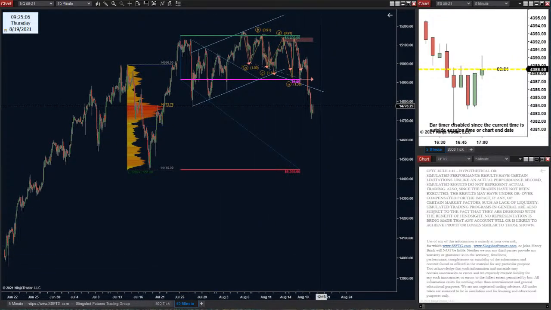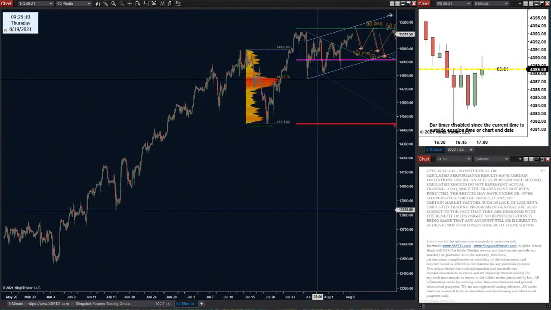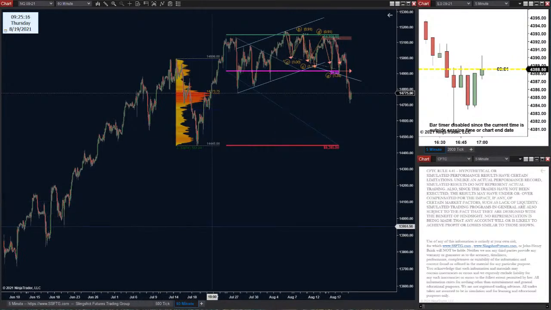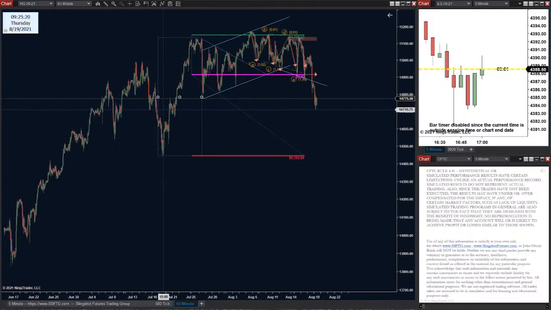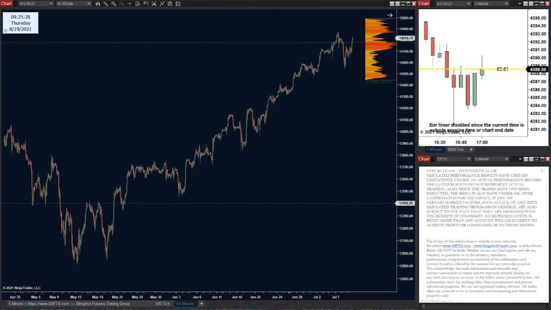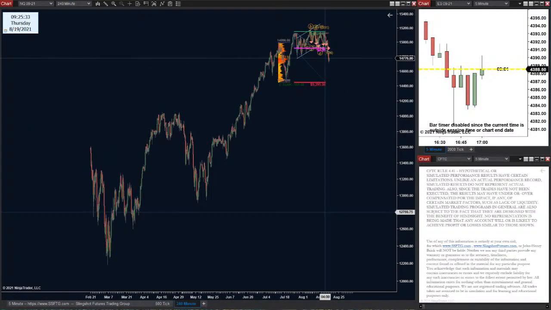Still looking for that double value pullback. Makes a lot more sense. But I'm kind of curious too. Oh, this is already the 60-minute. Okay. Even if we go back just a little bit, it's still there. Man, the problem is, though, if they go further than that 60-minute correction, where's the next dip? That's back at 14K. Or really, the POC, what was that, 13,800s or something like that?